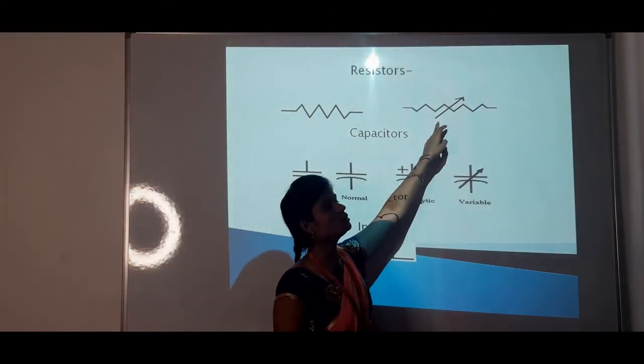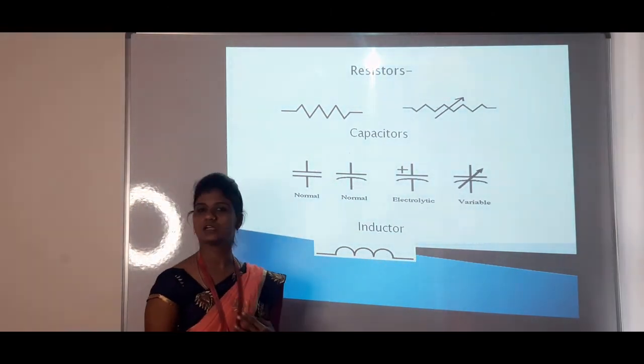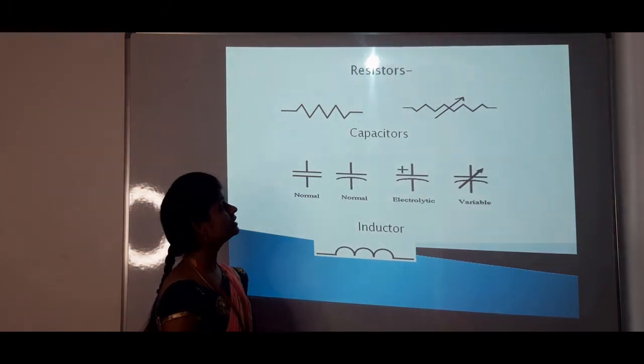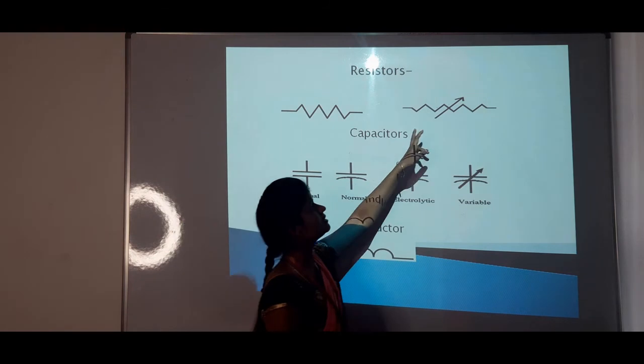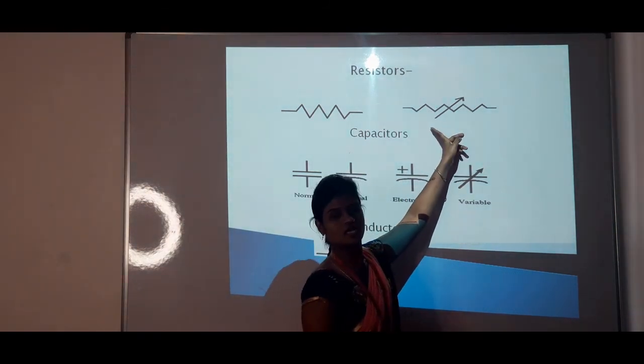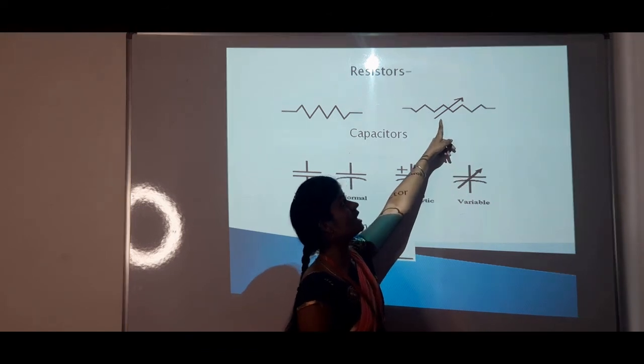In case of the non-linear resistor, it shows this symbol. Here the arrow mark is represented on this resistor symbol. That means the arrow